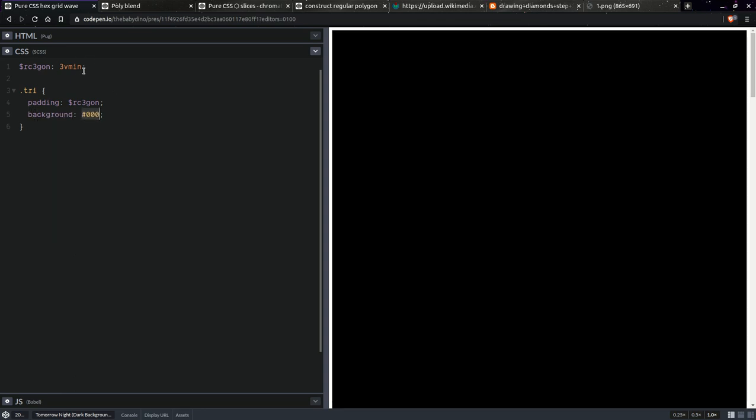Now what we want to do here is set these triangles, and we're going to start with a circumradius for the triangles, and this is going to be something like this. We can tweak it later. And we're going to set a padding to this. Let's just set a random background. Okay, that's now